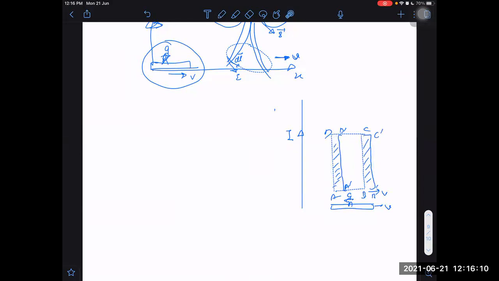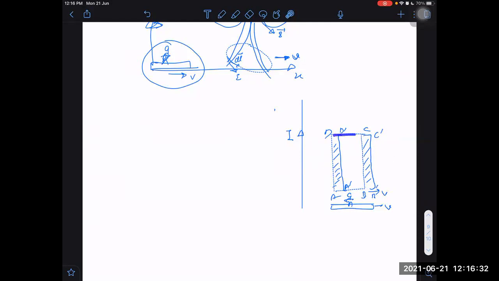So overall, in this loop, the flux does not remain the same, because the flux which is getting subtracted is more, as the magnetic field due to the current carrying wire will be more at the closer point. So overall the flux will be decreasing. If the overall flux is decreasing, then what will happen here? EMF will be induced. So do I have to find out the rate of change of flux to find out the EMF?